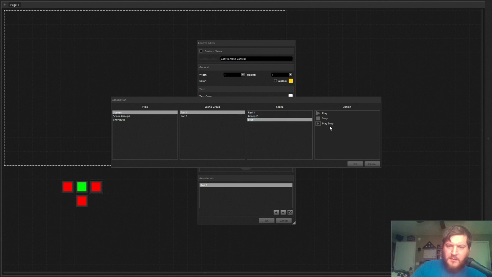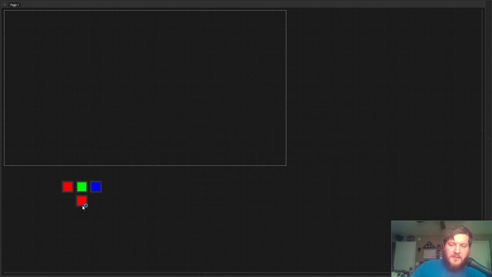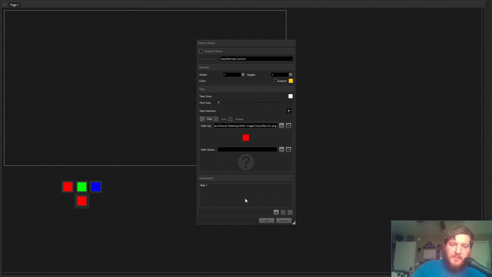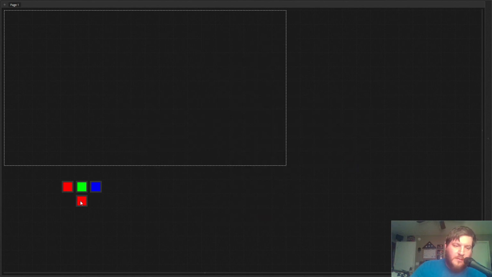Alright, so we're on green or blue. Hit OK. Now you can do this one of two different ways. You can double click on it and it'll bring this up, and you can just click on here, then click par 2 and then your color, hit OK, and then just drag it over there. Or you can duplicate these, which makes things easier, and then just change the